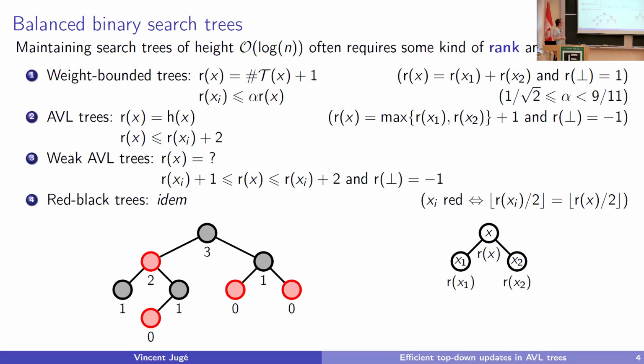And so here, I just decided to paint a node red when the rank of the node was even and the rank of its parent was odd. You can say it in different ways, like with integral parts of something divided by 2, but it's the same definition. And so here, it gives me red-black trees, and the standard definition of red-black trees would be that from any node, when you go downwards to the leaves, all the paths have the same number of black nodes on them. And then you can see that both definitions coincide.